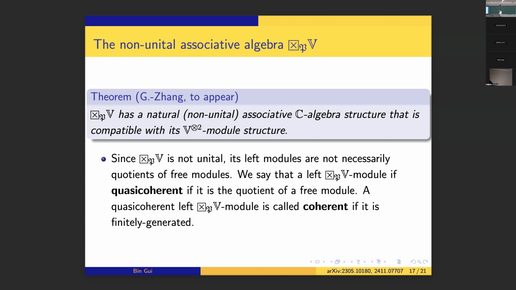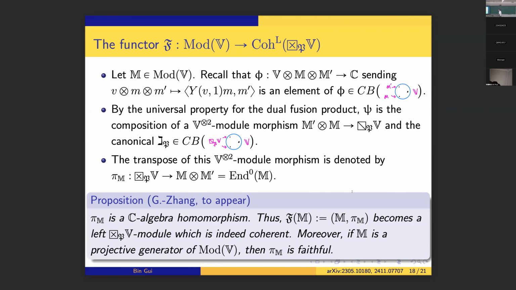If you really want to get a finitely generated quasi-coherent module, you have to, for example, multiply the right-hand side of this algebra by some endomorphism, by some idempotent, to get some finitely generated modules. Okay. So after I have selected a good class of left modules of my associative algebra, I also want to construct a functor from the category of V modules to the category of the coherent left modules